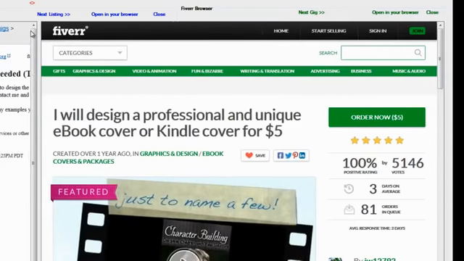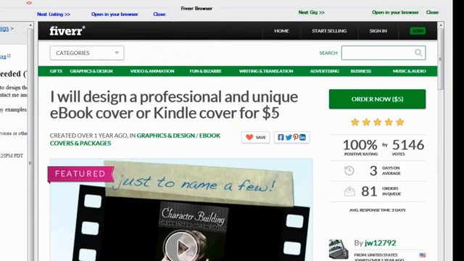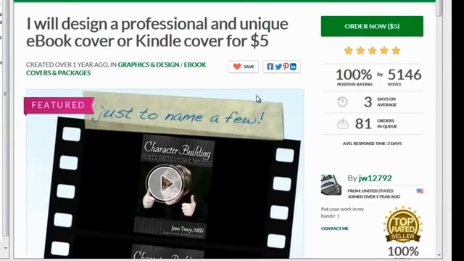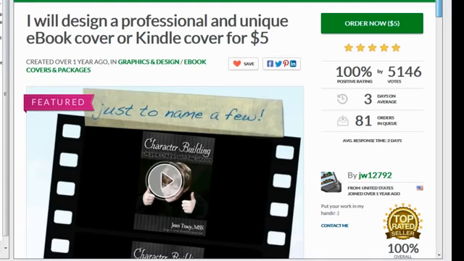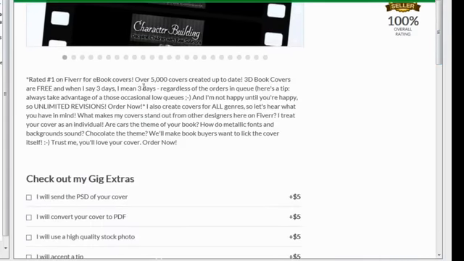Now here's the thing. There's a little more work you've got to do, because you've got to investigate your seller, your artist a little better here. So let's just make sure that in this case this one does that. 100% positive, all that stuff. 3 days delivery time. Well, you've got to make sure that she has an option to get it delivered in 1 day. 81 orders in queue. Holy crap. Wow, that's a lot of orders. Let's make sure here, because if she's got 81 orders in queue, you want to make sure that she's going to deliver this stuff on time. So let's scroll down here.